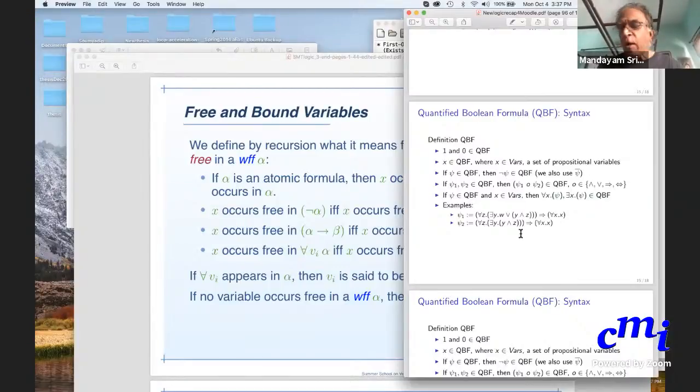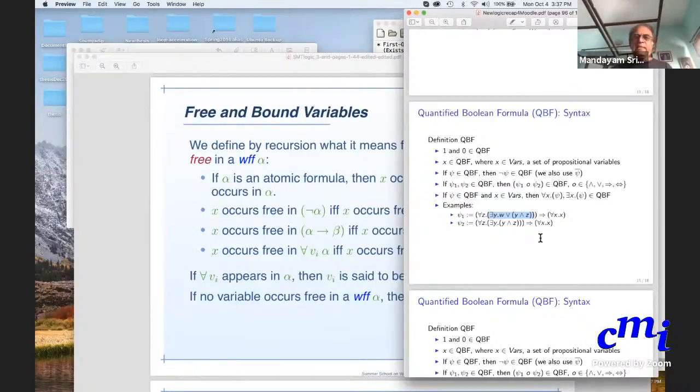See, the concept of bound and free variables is much like scoping in programming languages. Okay, so inside this sub formula here,